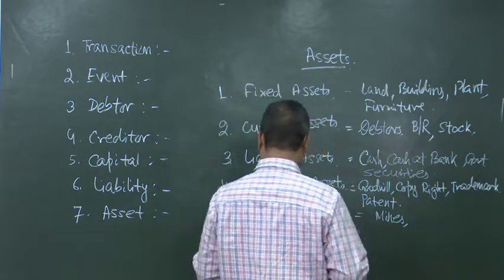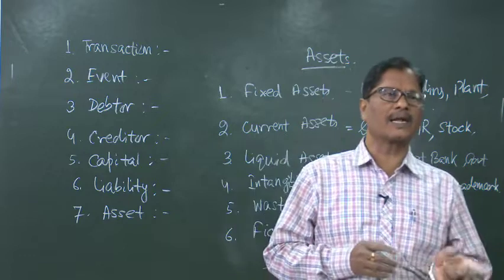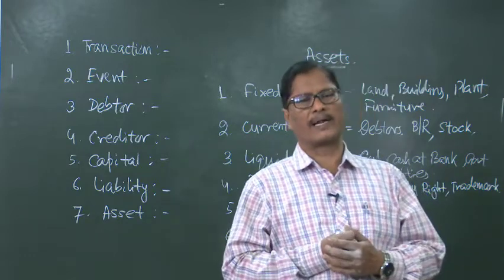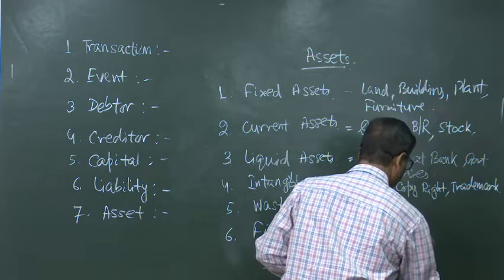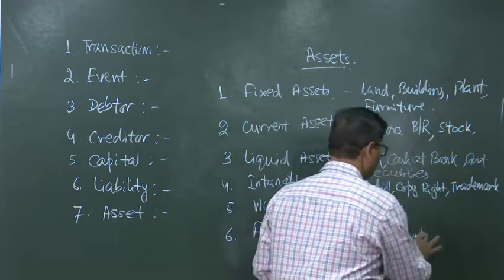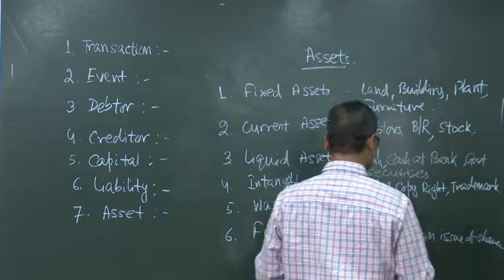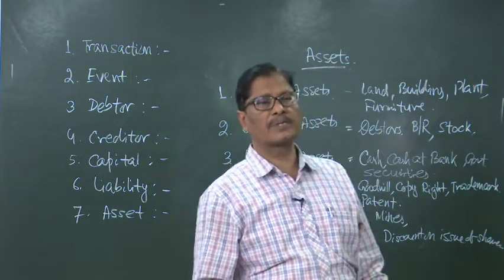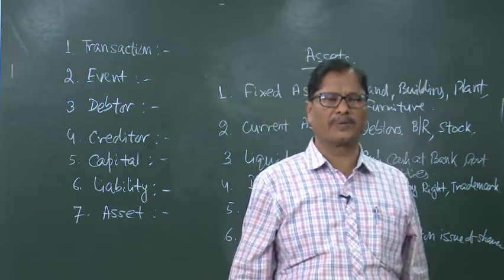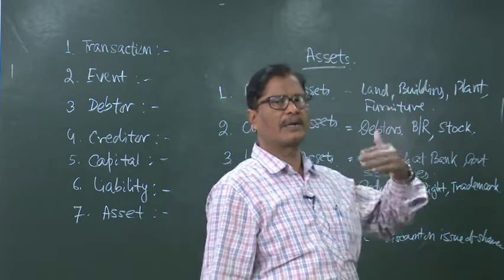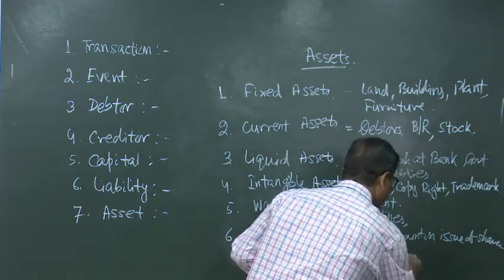Then coming to the fictitious assets. The meaning of fictitious is false, that means actually it is not an asset, but it is in the asset side of the balance sheet. These are all discount on issue of shares. At the time of issuing the shares, if you are giving some discount, then for the time being it will be there in the asset side of the balance sheet, but it does not give you any utility in future. So, it will have to be written off, that you will read later on, but for the timing you just know that discount on issue of shares, preliminary expenses,